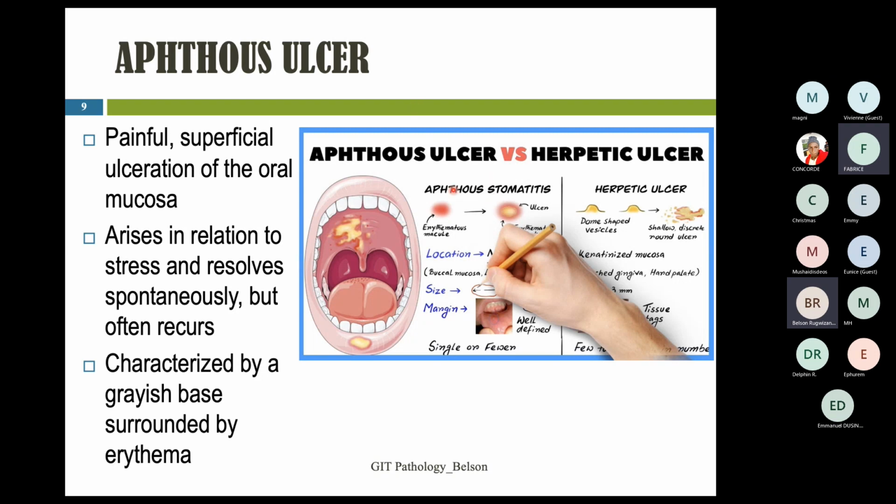And here this diagram is comparing this ulcer with herpetic ulcer. This herpetic one is caused by herpes virus infection, and it affects the keratinized mucosa of the gingiva, the hard palate, and so on. Usually it happens when someone first develops vesicles. Vesicles, you know,